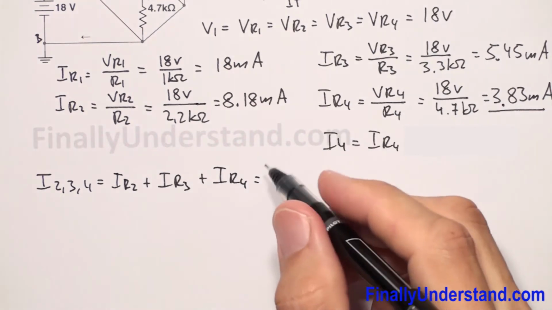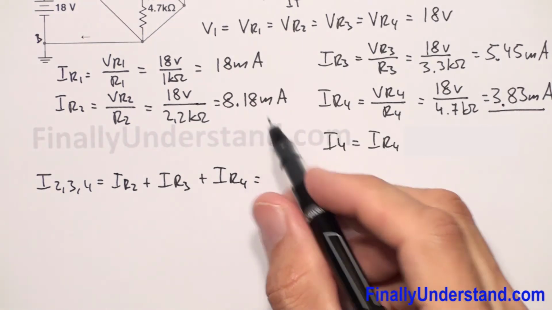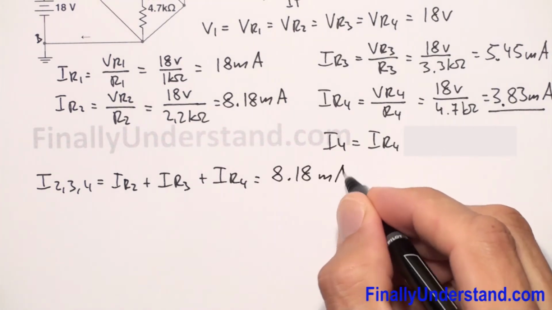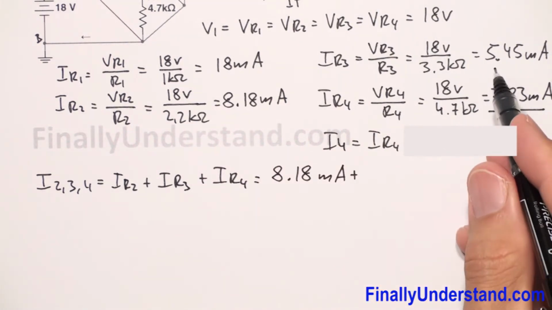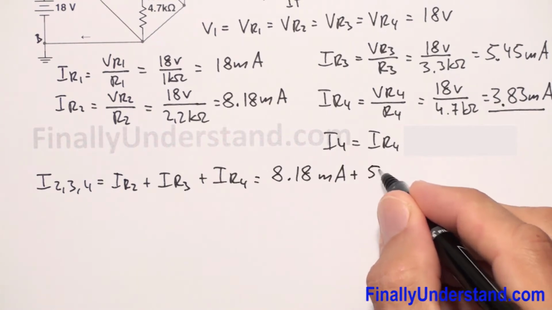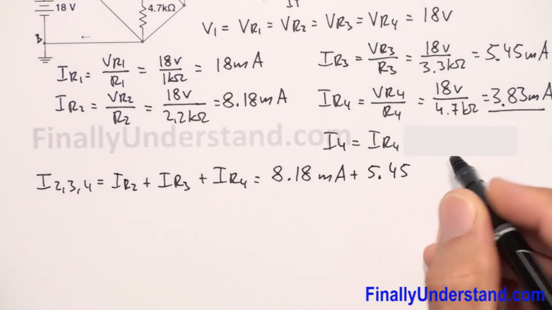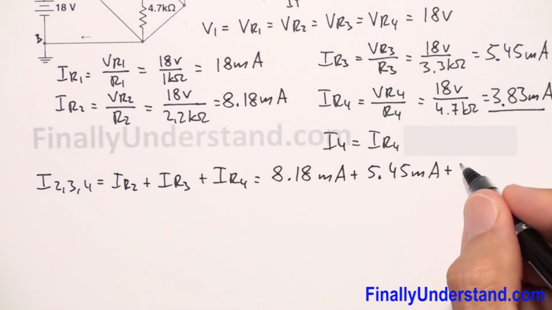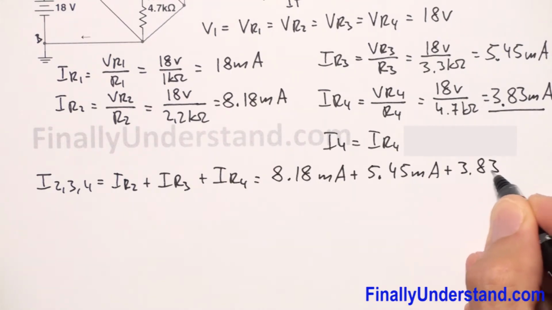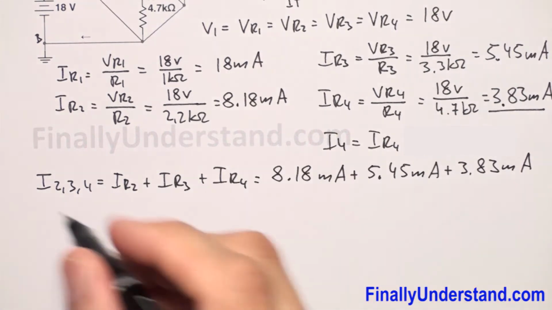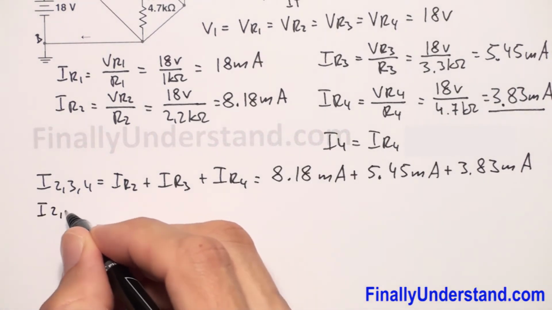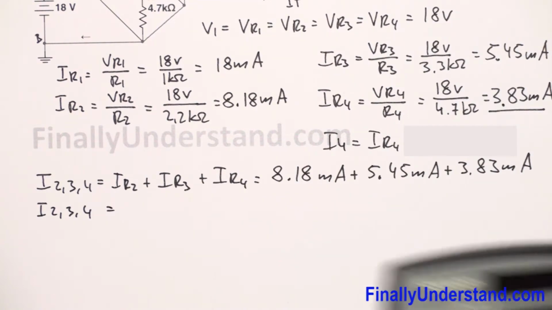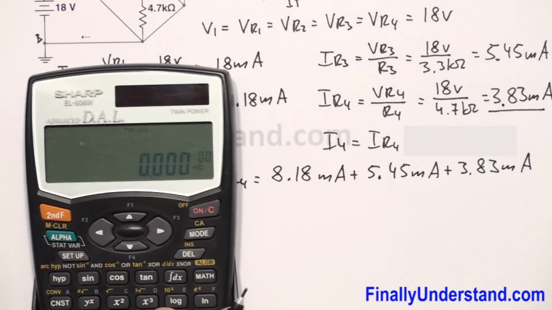So this is equal, IR2 is equal to 8.18 milliamps plus IR3, 5.45 milliamps plus IR4, which is equal to 3.83 milliamps. So my I2, 3, 4 is equal, let me use the calculator, so I have